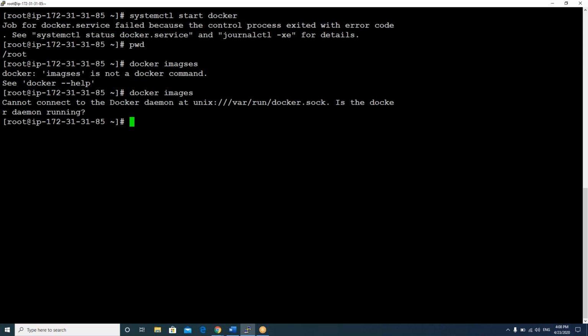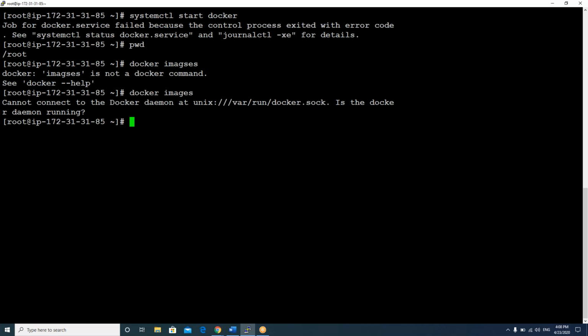We have to create a file, and in that we have to write a code with BIP equal to that IP range. And then we have to exit from that, and we have to run systemctl restart docker. Then we'll get that IP changed, right? Is that the process? Yes, you're right. So we have to do it in this root only, right? Yes, you're right. I did it yesterday, but I did not get that.